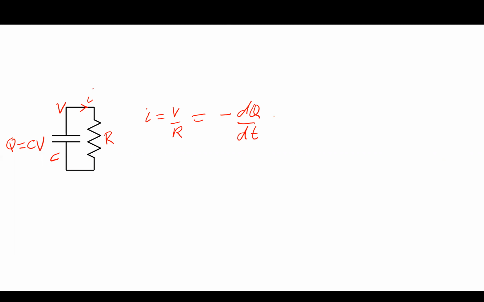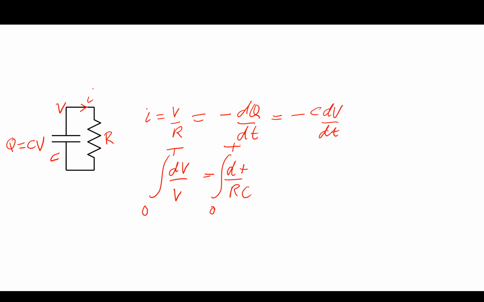minus dQ/dt, which is minus C dV/dt, from which we have dV over V is minus dt over RC, and let's integrate now, starting at time t equals 0 to t, and the result then is the logarithm of V, evaluated from V0 to Vt,